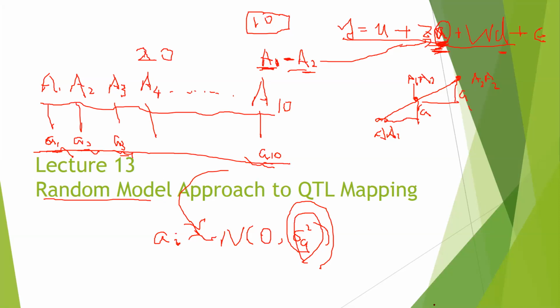Yes, you got it. That's the key point. That's why we use the random model here. We are more worried about the estimation of the variance rather than the real value of each of these effects. We assume all the effects are a random sample from the same normal distribution.